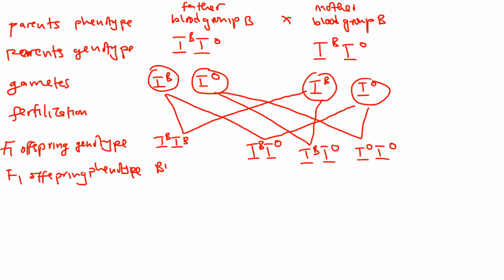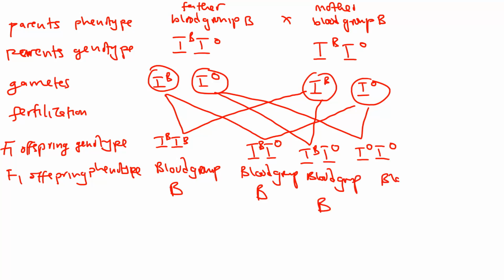So this is blood group B. This is blood group B. This is blood group B. This is blood group O. So this is the genetic diagram that we needed to put up for us to explain